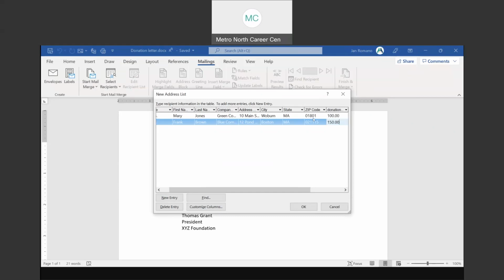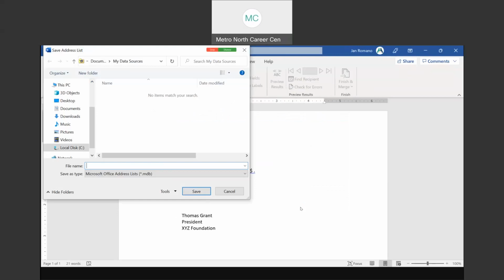You don't have to put them in order of how much money they make. You can always go and sort later, but I'm going to click on OK. And now that's the recipient list. But the recipient list needs a name, and that's why it needs to be saved. So that's why this popped up. And it's actually going to make it a Microsoft Access file for me automatically, but I'm going to call this